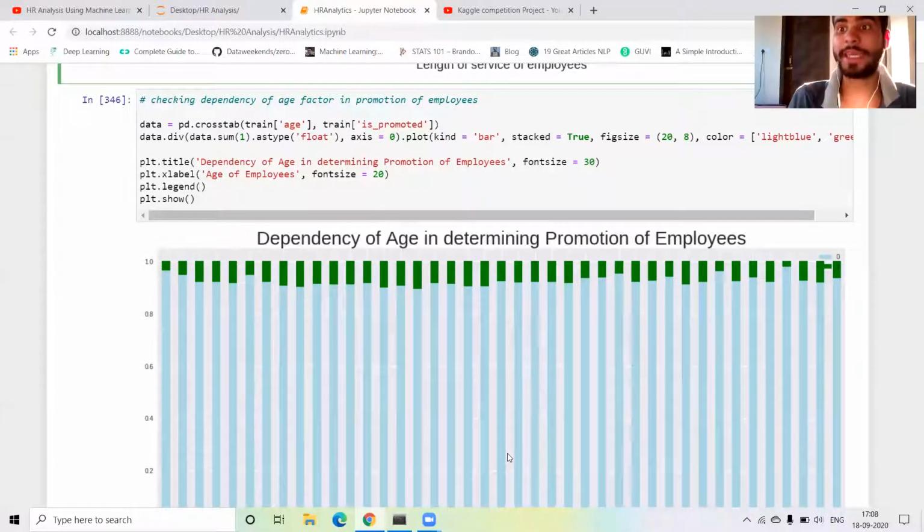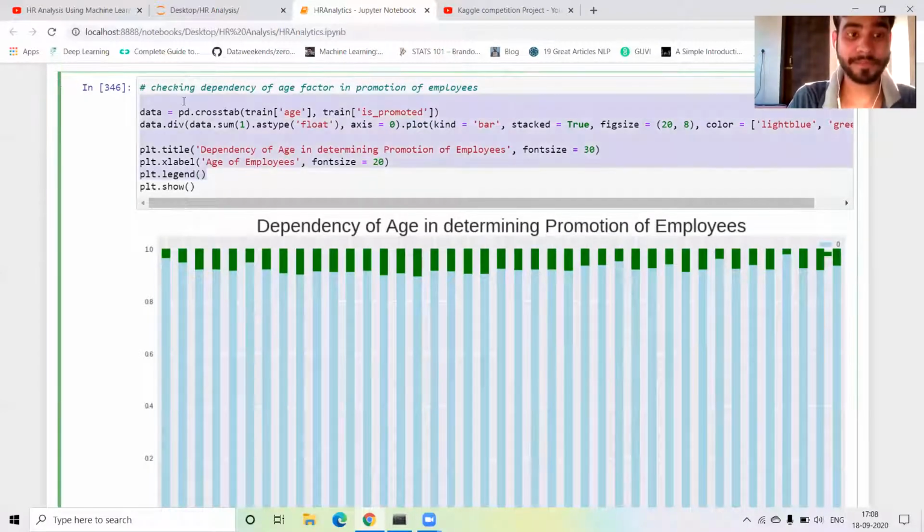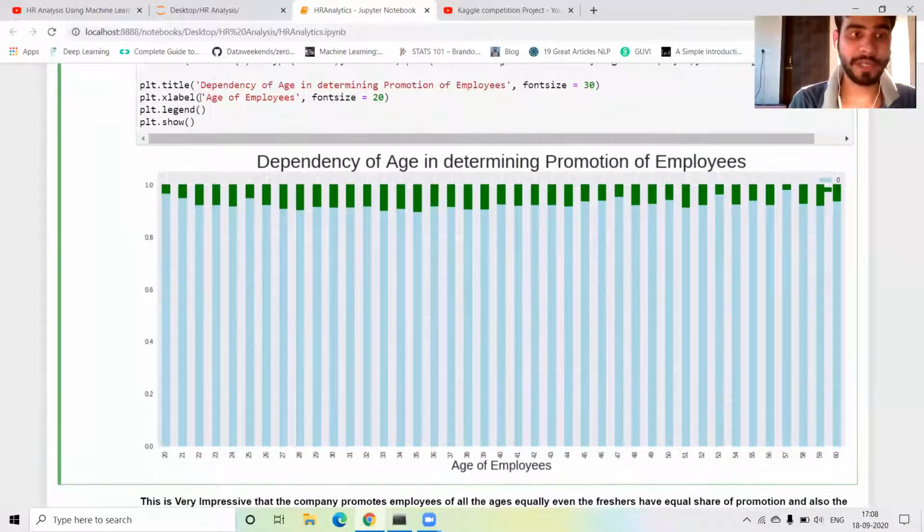It depends on your age as well as experience. Okay, so same, I just plot a bar plot, guys. This is our simple code. I just write pd.crosstab and I just take two columns, age and promoted. Okay, next I just define all the parameters and I just plot a bar plot, write a title, x label. Okay, and I just plot this graph.